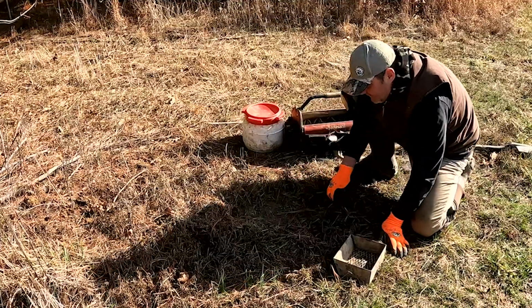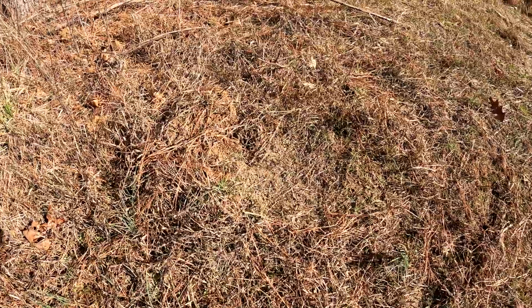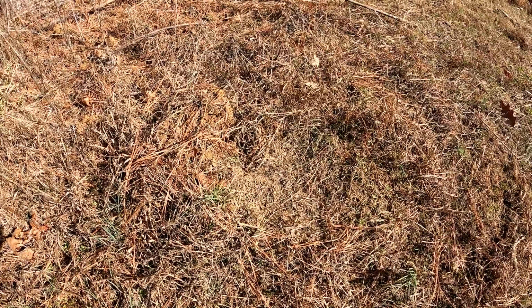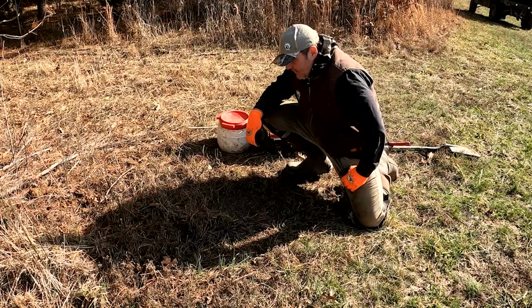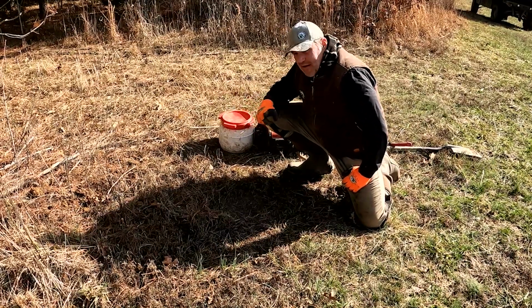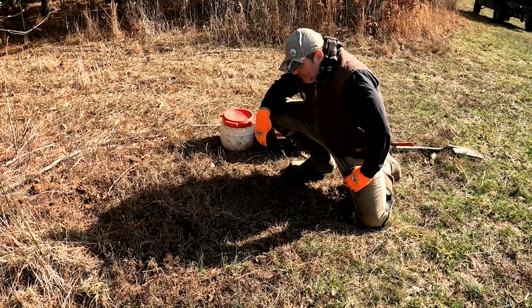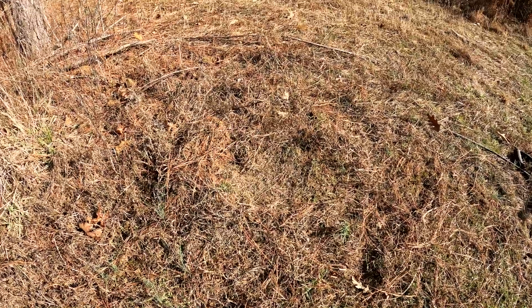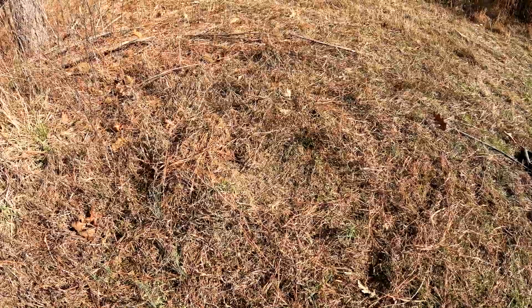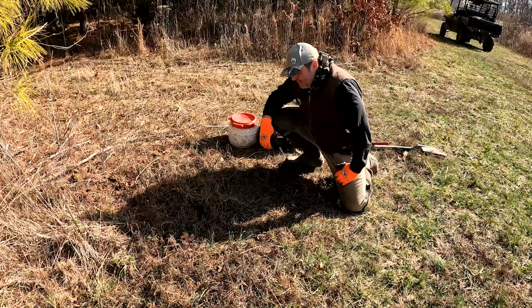That's not as deep as I get them a lot of times, but I do like this set, and it's really in a great location. But that's really all there is. I fully expect if any animal comes by here, they're gonna work that, and we're gonna have a good crack at them. I like where it's at. It's tight. It's gonna make those animals get in there, work the hole. And we got about 7-8 more sets to check,